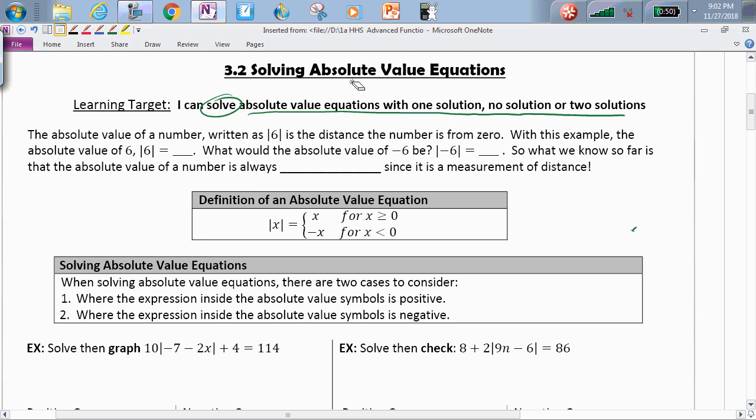Alright, so 3.2, solving absolute value equations. We're going to solve them with one solution, no solution, or two. The absolute value of a number is written with two vertical lines, like the absolute value of 6. The absolute value is the distance a number is from 0. So what that means, we're talking about